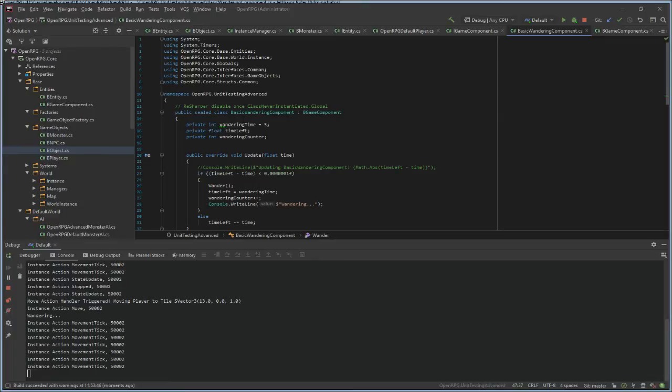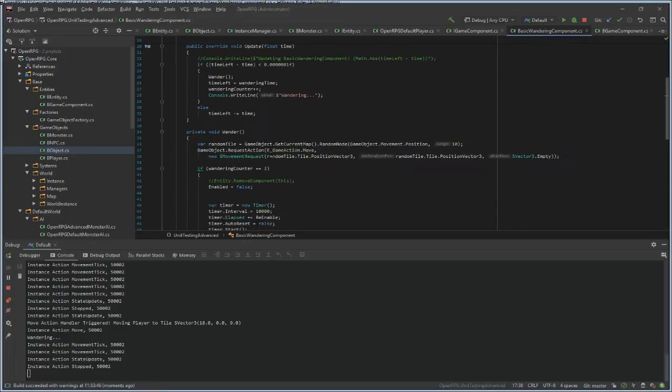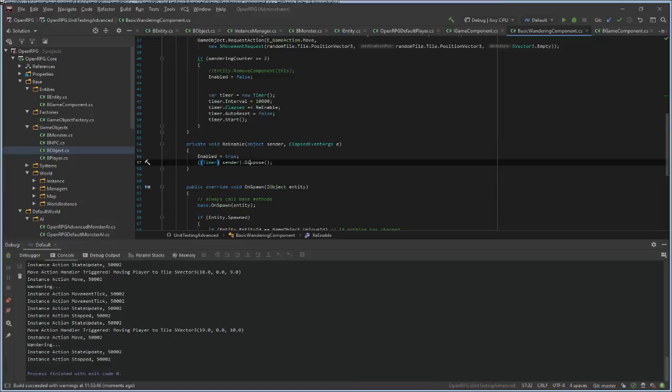This is the second time it ran. Okay, it should wait 10 more seconds before running. 3, 2, 1, 0. Yes. Okay. So this re-enable function is definitely working.